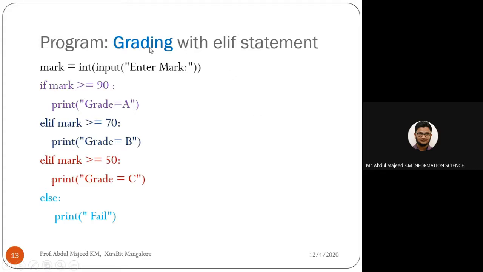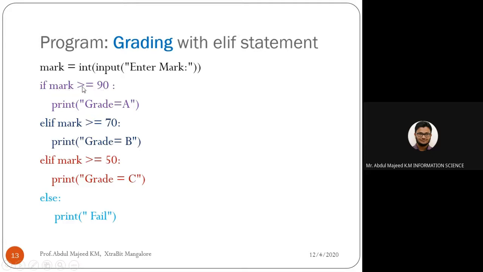So we can write an example, grading with the elif statement. How to predict the grade of a student by using marks. We can easily collect the mark from the user by using the input statement. We can ask enter mark, and that mark is assigned to the mark variable. Then by using mark, we can write a condition.